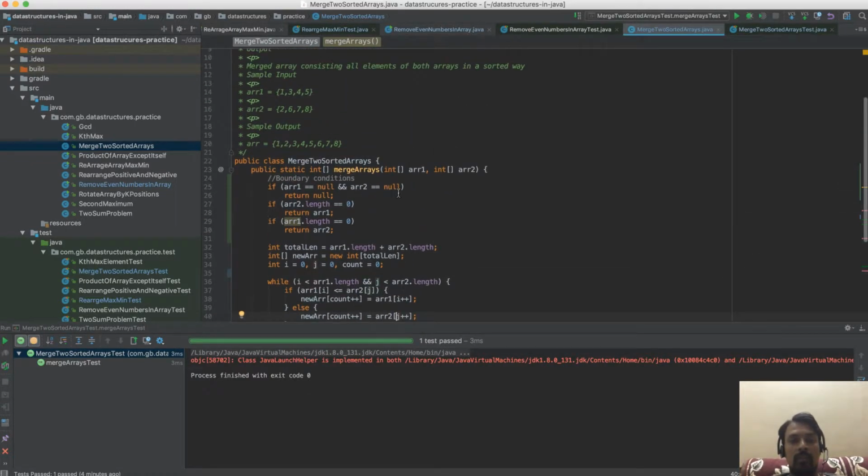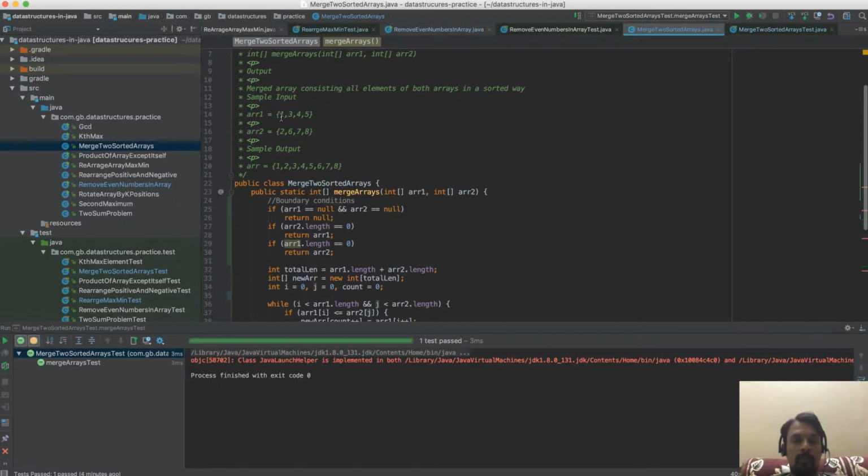So let me explain with this input. Here we have array 1, where the first element is 1, and the first element in array 2 is 2. We compare 1 and 2, and since 1 is less than 2, we add 1 to the resultant array and increment i, so the pointer goes to 3 here.